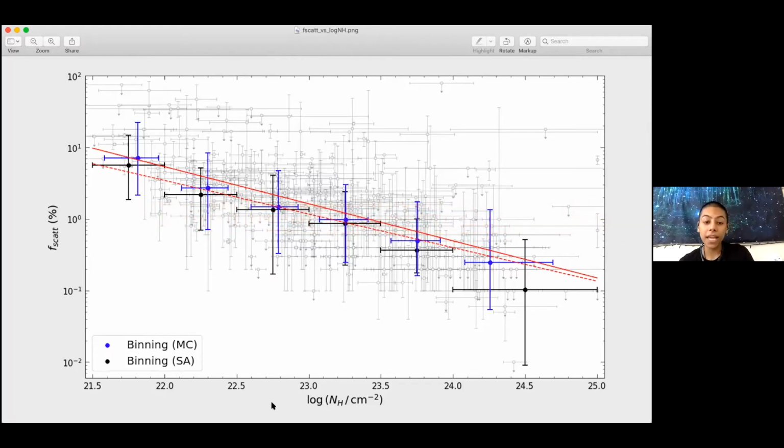We were able to explain this result using two possible explanations. One was the inclination angle dependence of the Thomson cross-section, which says that as the inclination angle increases, the Thomson cross-section decreases, so the scattering fraction will decrease. And the other explanation is that generally more obscured sources have a higher covering factor of the torus that surrounds the AGN. And since the higher covering factor causes the scattered radiation to decrease, this pretty nicely explains why the scattered fraction should decrease as the column density increases.